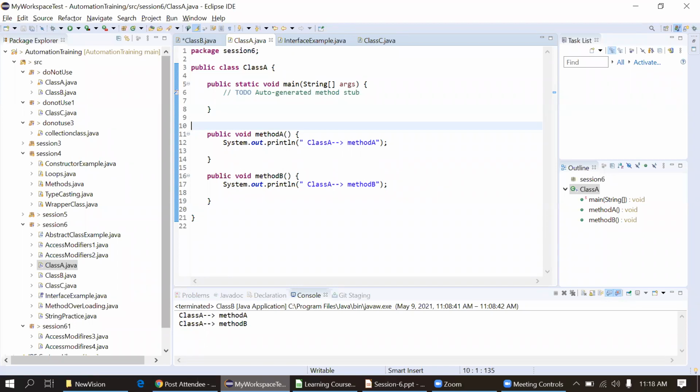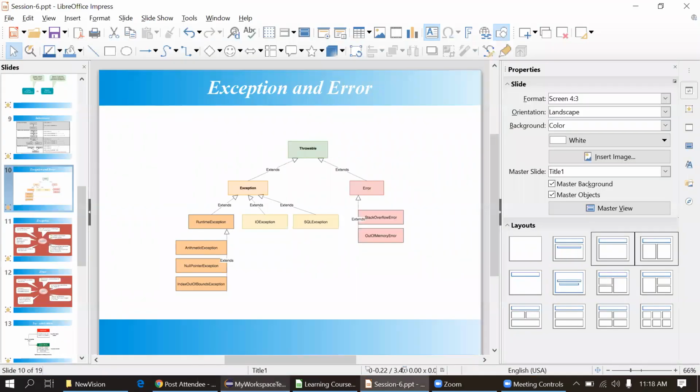So we will go through exceptions and errors. Just understand what is an error and what is an exception. Errors are things that are not in our control. We cannot take preventive measures on an error. Errors can be stack overflow error, which is due to memory, and out of memory error. If our JVM is running out of memory, that's a system issue that we cannot control. Both these errors are due to memory only.